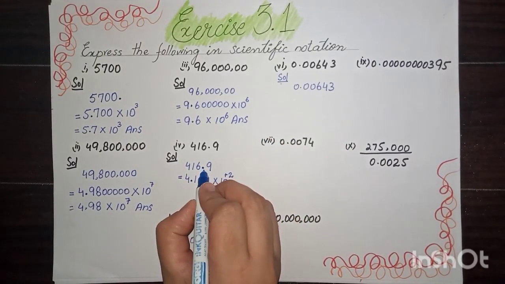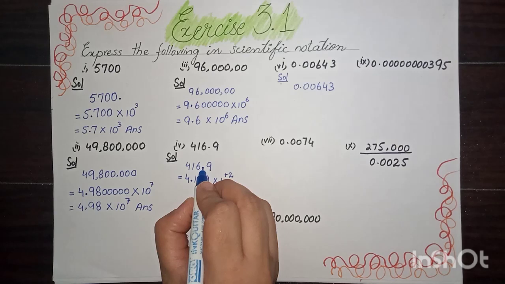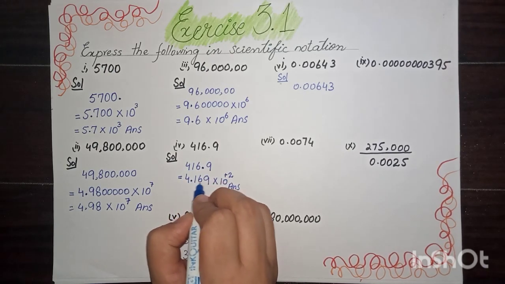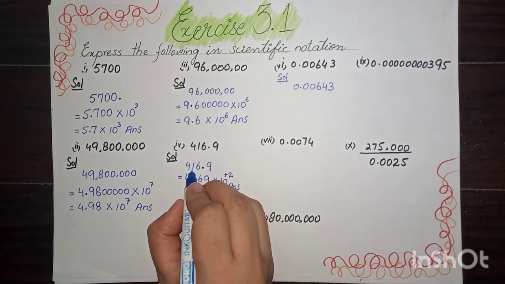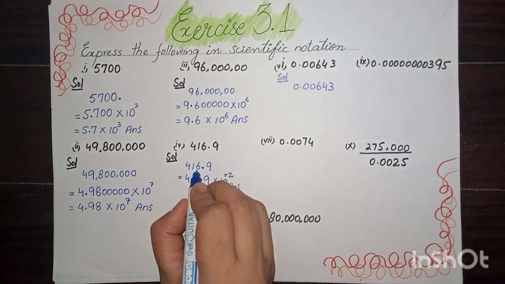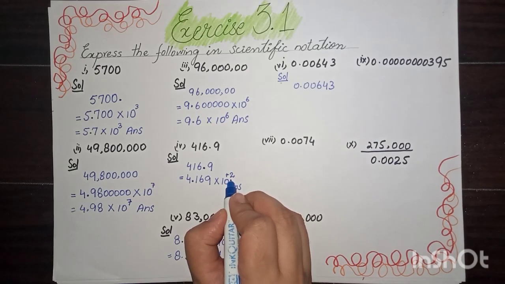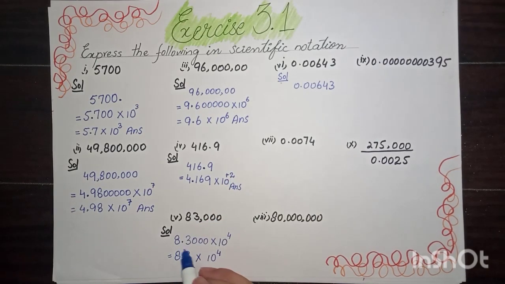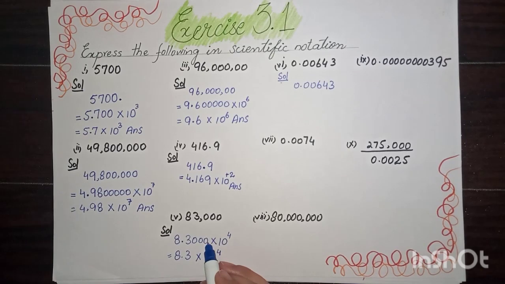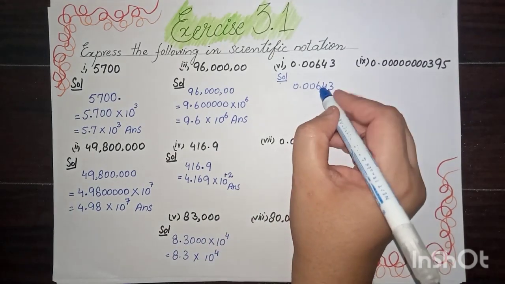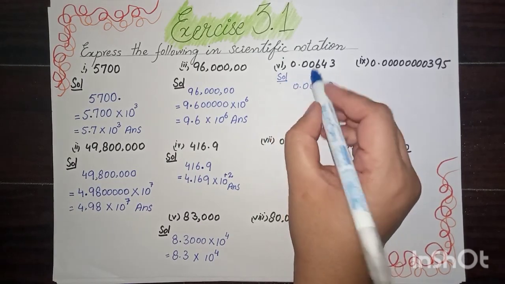4.16. Now this decimal point is here, so I will shift it again to the left side and place it after 4. So 4.169. Now there are 2 numbers, 1 and 6. I have moved towards the left, so that's why I will write plus 2. Next question is 8.3. Then again we have to shift this decimal point to the left side. Now look at this. Question number 6,